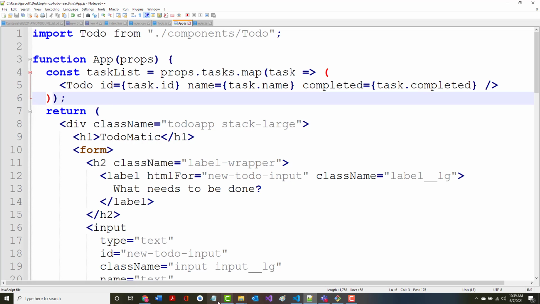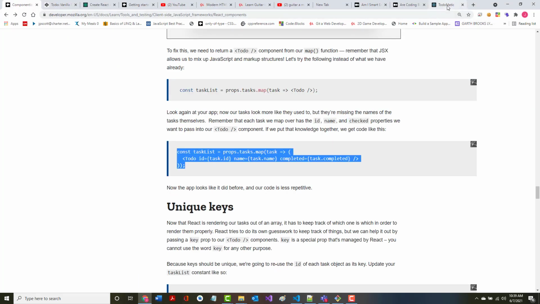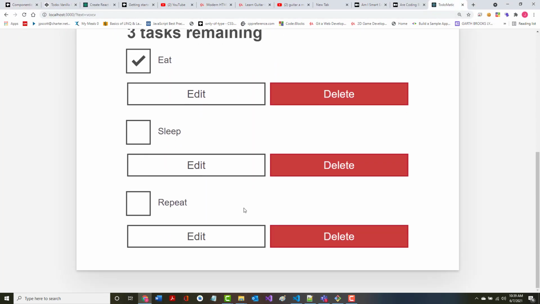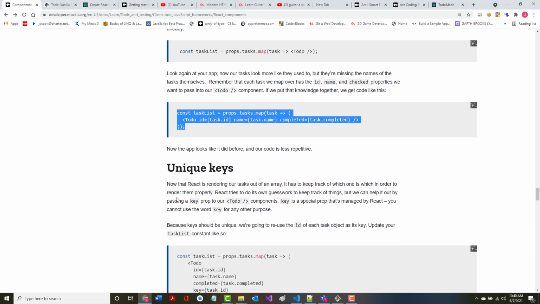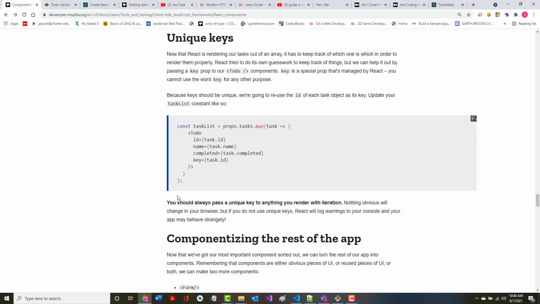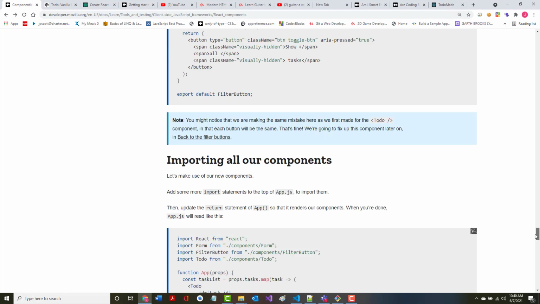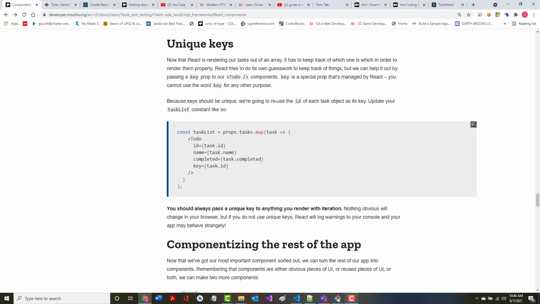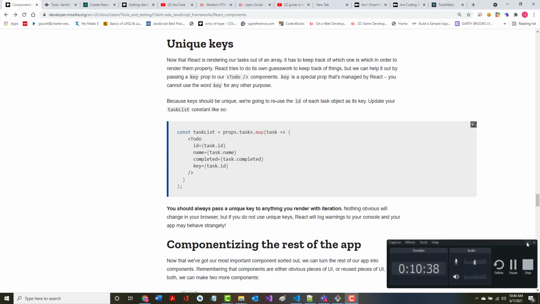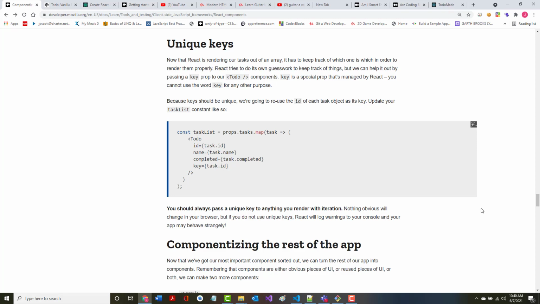So if we take a look at what we have in here now, looks just the same way that it did before, but again, we're now using objects. All right. So let's see. We don't have too much left in here, which is great. All right, now that React is rendering our tasks out of an array,